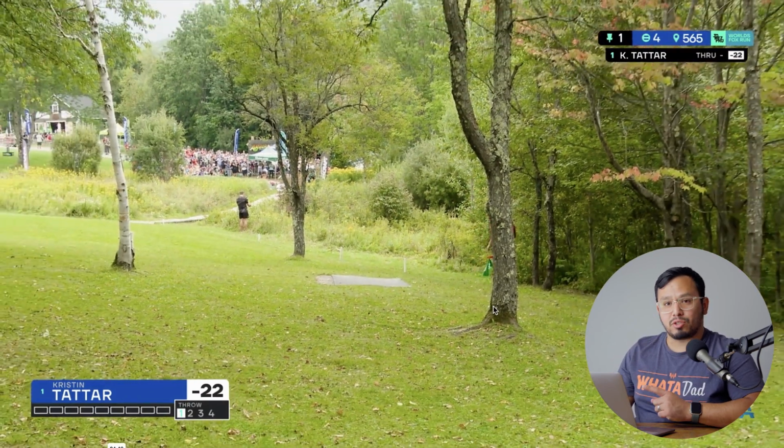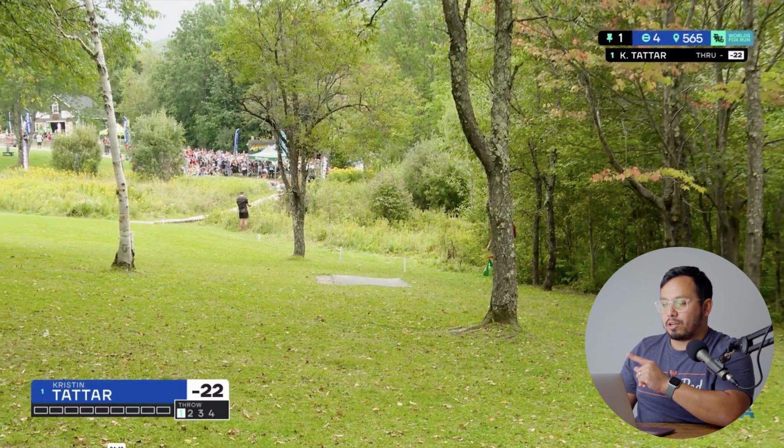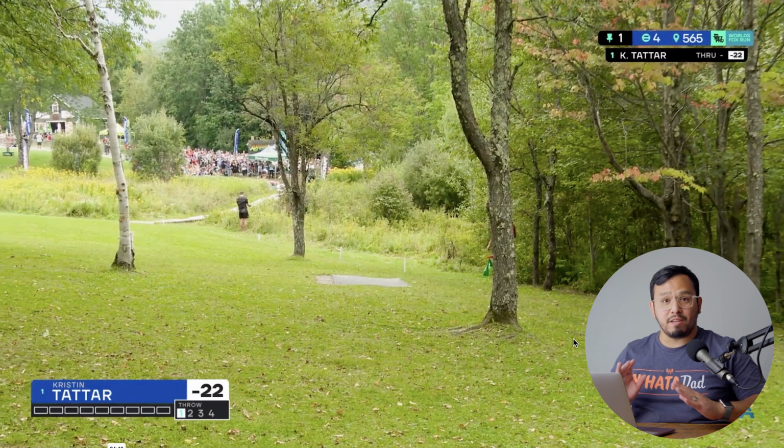If she threw a distance driver on that same line, I guarantee you that is OB, because she's only maybe 10 feet from the out of bounds down the hill. So if she threw a distance driver, that would have been OB. Because she's playing for the flight that you need on the fairway rather than the distance of the hole,